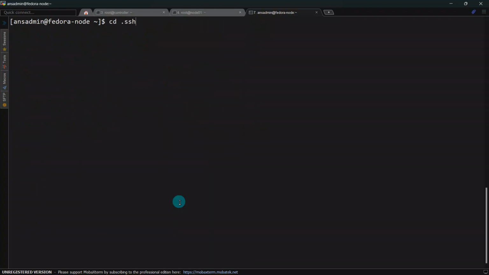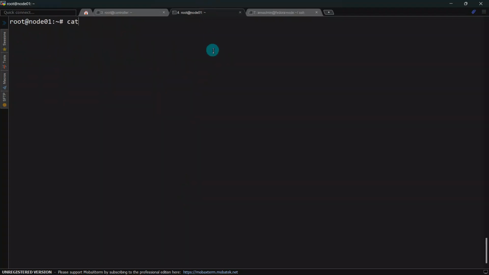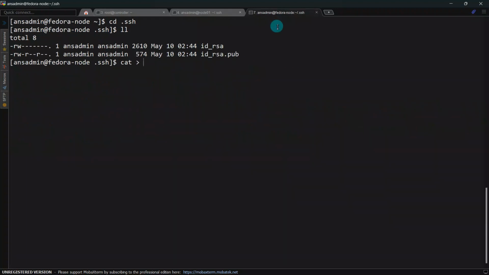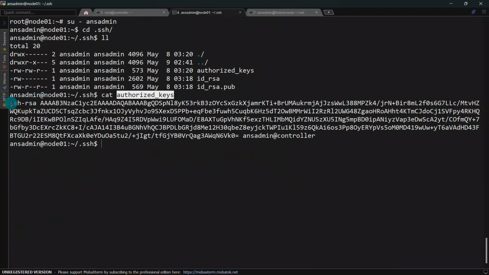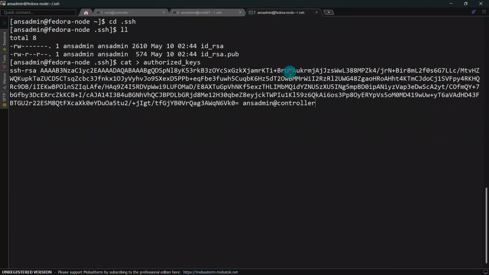Okay, once you are done with that, the way we have this authorized file over here, this is the previous node. If you remember, last time we had created this file. So we have to create this file as well over here for the passwordless authentication. Let's add this thing and let's try to connect to our